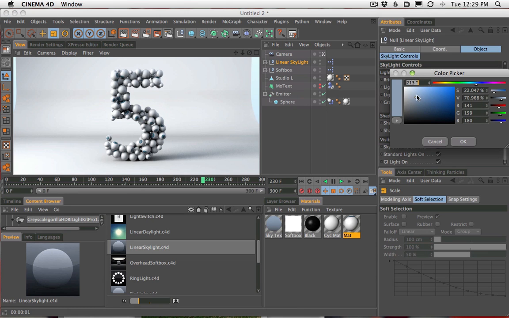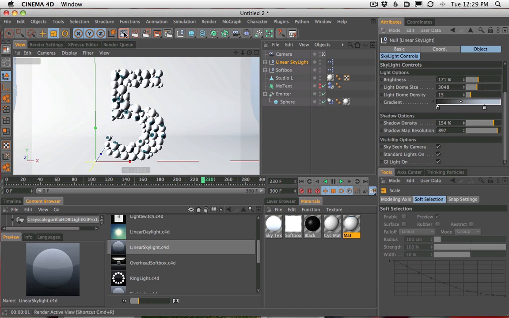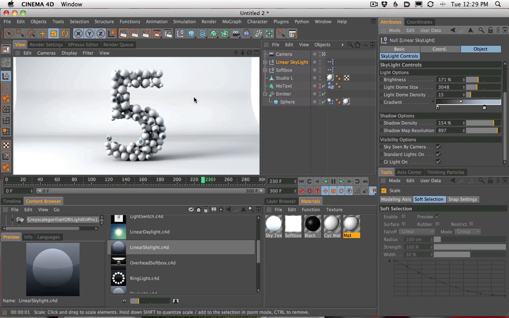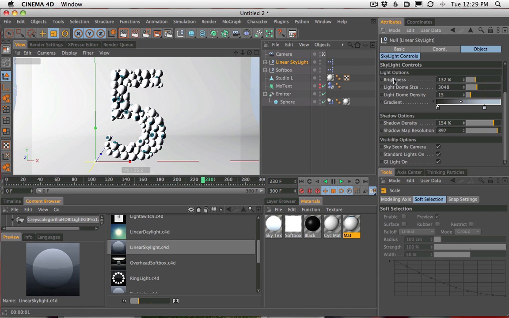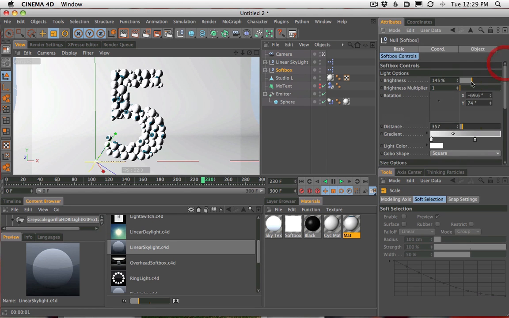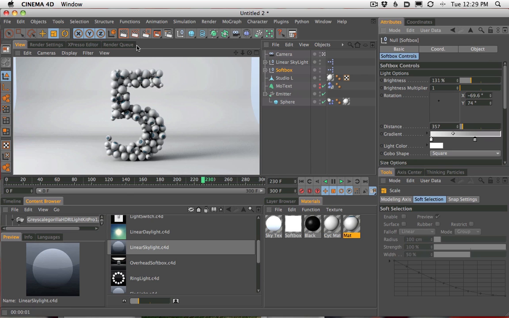Maybe a little bit less blue in our skylight. And, you know, we're at the tweaking point now where just little 2% changes help. It's a little bit bright overall, so maybe we'll turn down the skylight overall. And we'll go to the softbox and maybe turn that down a little bit. Just get the overall brightness dialed in.